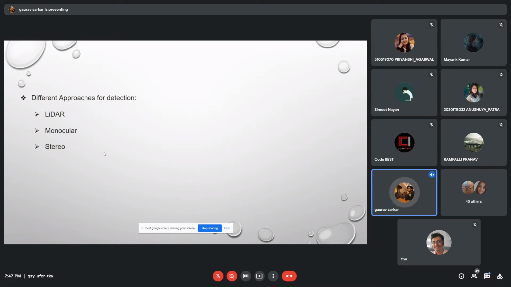Say suppose someone is standing in front of you. You can say that someone is standing in front of you. So this CNN, this convolutional neural network, has the ability to detect spatial features from an image and tell what these features are representing. If this is a person, if this is a car, like that. Okay.